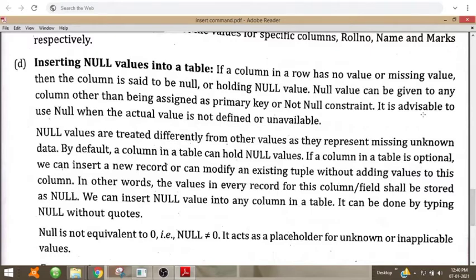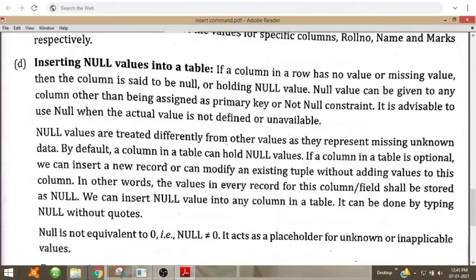Null values are treated differently from other values as they represent missing or unknown data. By default, a column in a table can hold null values if the column is optional. We can insert a record or modify an existing tuple without adding a value to this column.